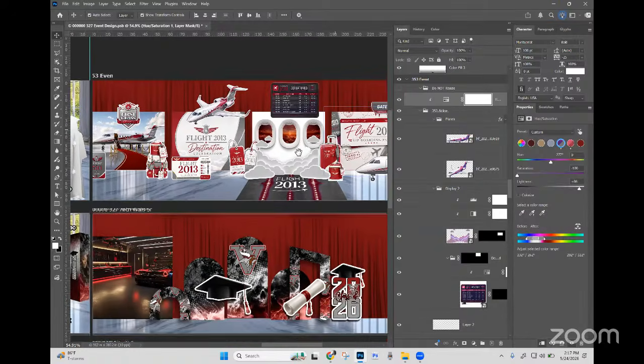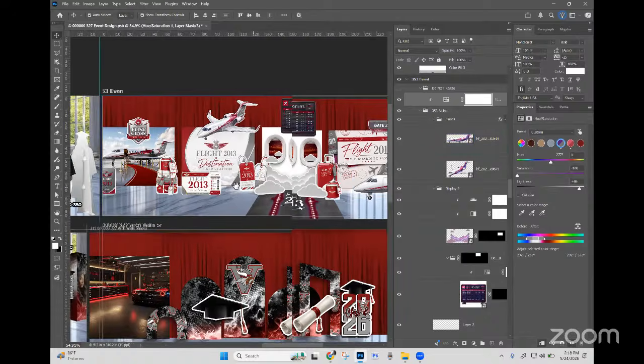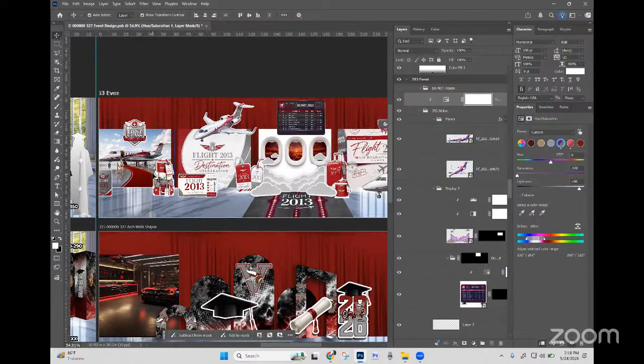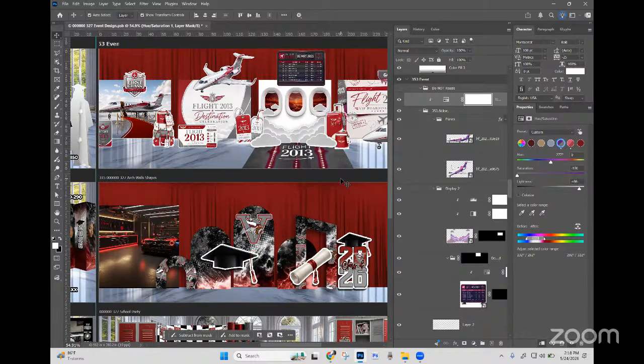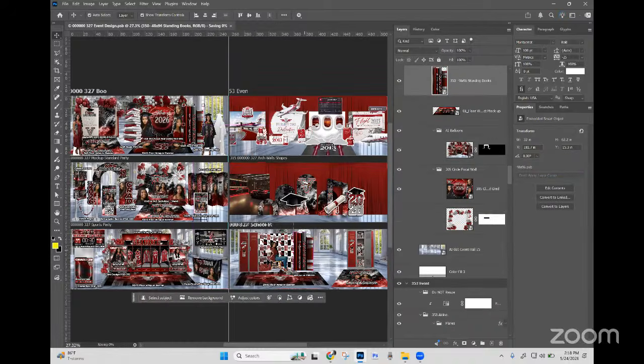And this is how I was able to pull these elements together and make it look like, oh, okay, well, if you wanted to go with this flight theme, then I would go in and edit the pieces that we were going to turn into that colorway. But I just wanted to show you that that was a cool and very quick way to show someone visually a concept that you've already created without going into each individual element, each individual graphic and product, and changing those graphics. I just wanted to show you that little quick way of doing it. Other than that, everything else in here is directly editable. I'm going to go ahead and save this,